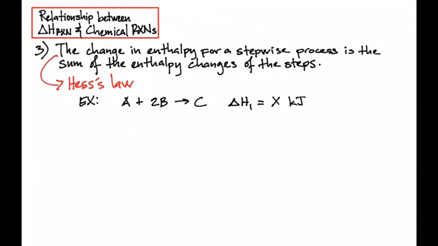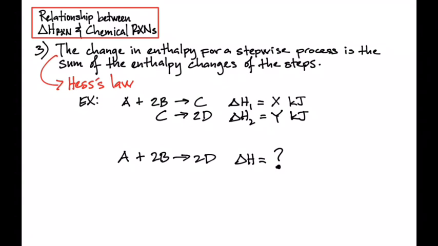So for example, if we have A plus 2B turning into C, and this is the delta H of reaction for this specific chemical reaction, and then let's say we have another chemical reaction, C turning into 2D, and it gives you a value for its delta H of reaction, and that's equivalent to Y kilojoules. What would be the delta H of reaction for this specific chemical reaction equation? Well, is this something that we can get based on the given chemical reactions here? Well, if you add the two chemical reactions, 1 and 2,